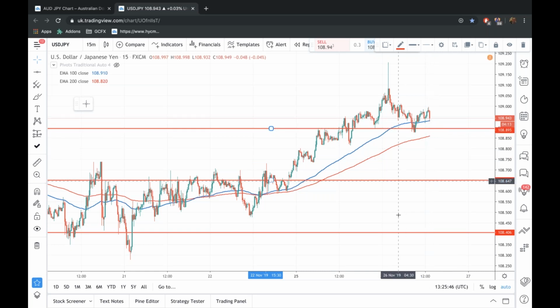108.90, and then expect stops running right down here, 108.30. And if we get even further down here, I'd expect buyers at 108.50. So they're the key areas that I'd expect buyers: